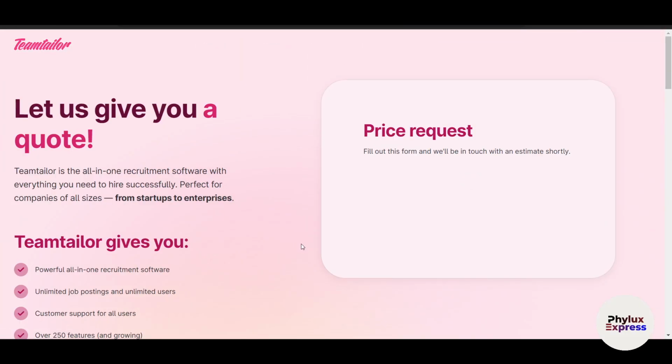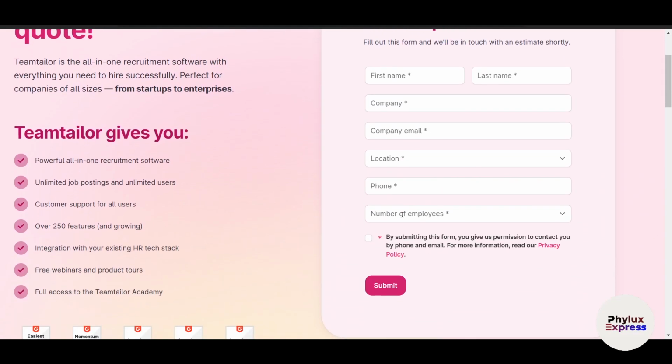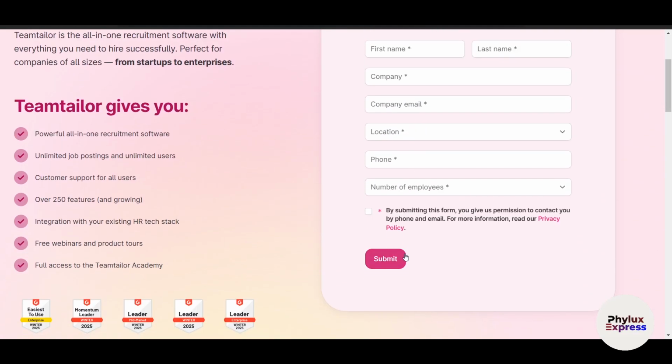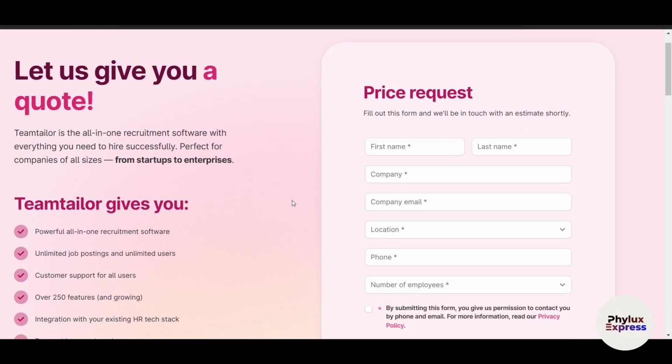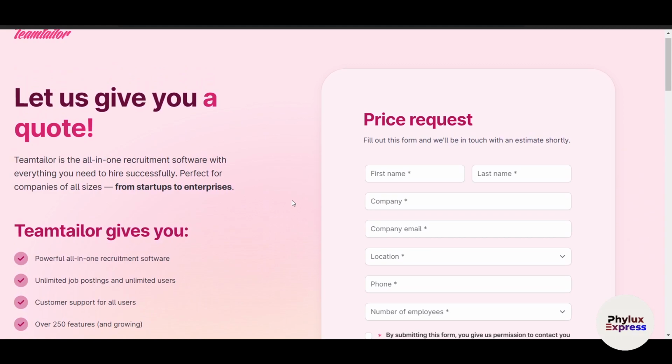a major role here. As you can see here, you need to fill up this information and just click on submit. Then they will reach out to you through your given email address and they will help you to know the price, right? Because it depends, from startups to enterprise, their pricing is completely different. And if it really suits your need, then they can give you some kind of discount and obviously you can